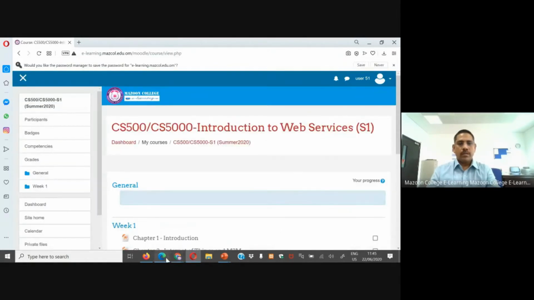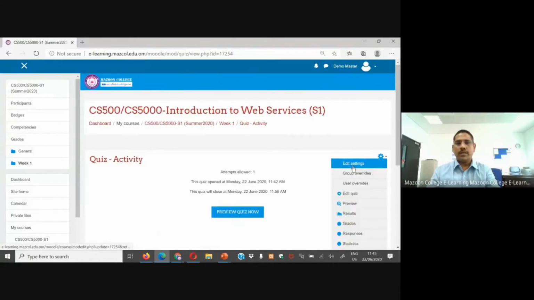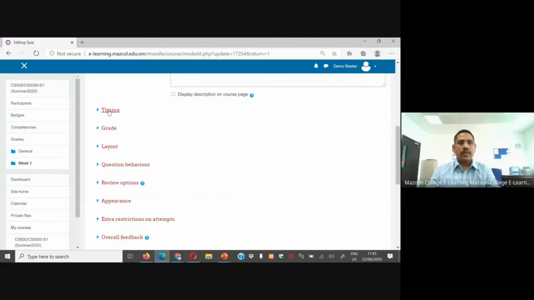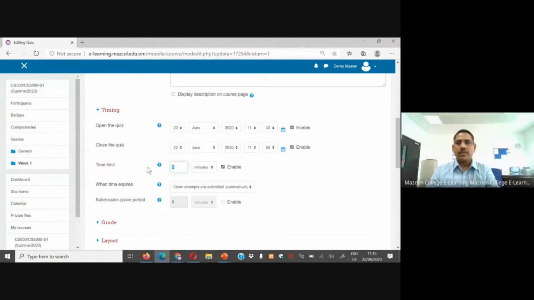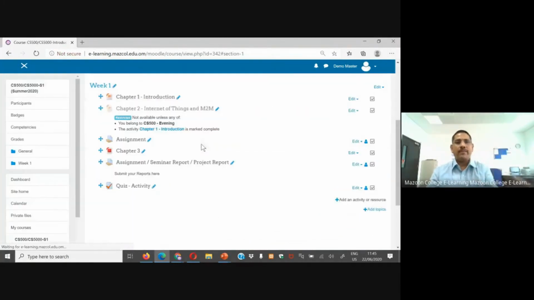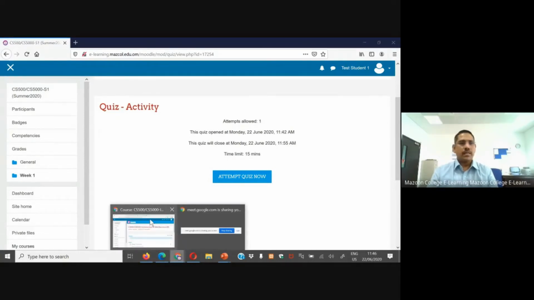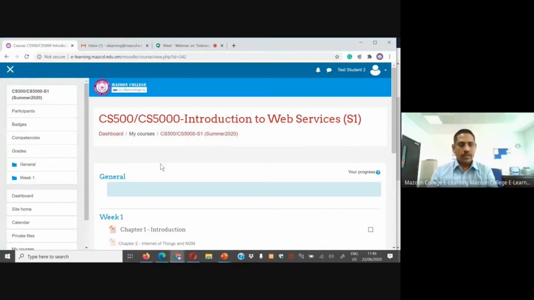So for safety purpose, better we can give the time as well, so we will check the time exactly. Timing, for an example 15 minutes, just for safety purpose. We'll show you that, because I will also show the time difference. When you show here, the student will get a time limit of 15 minutes. And this is the second student, see, student 2.